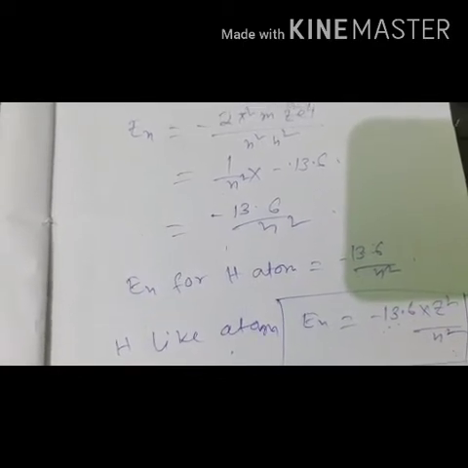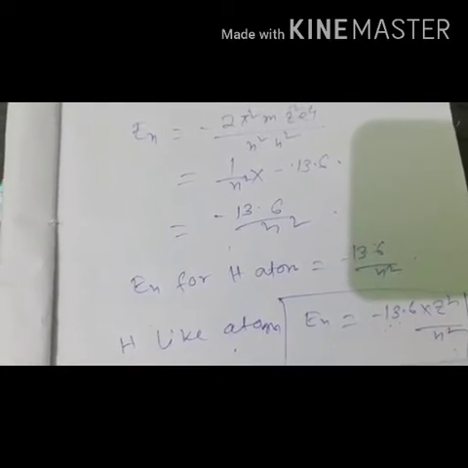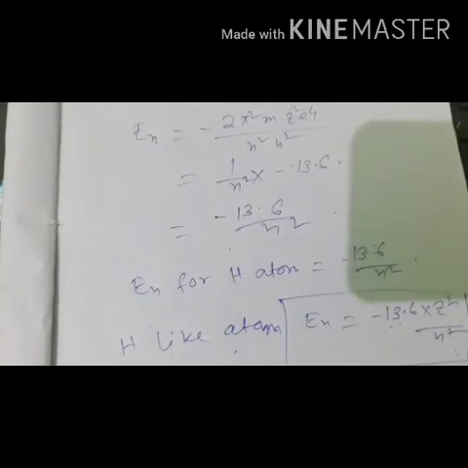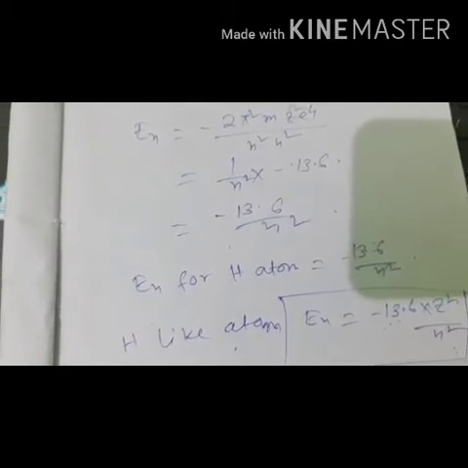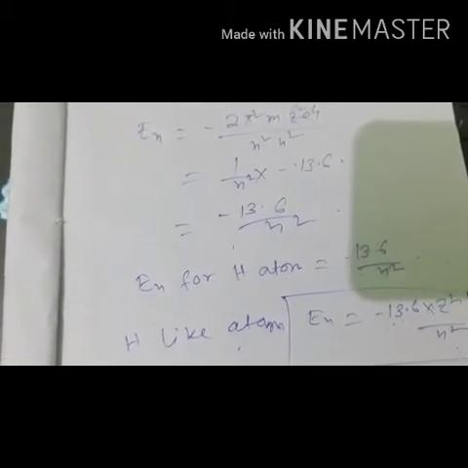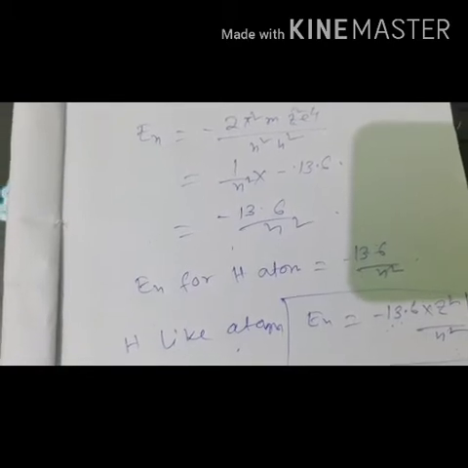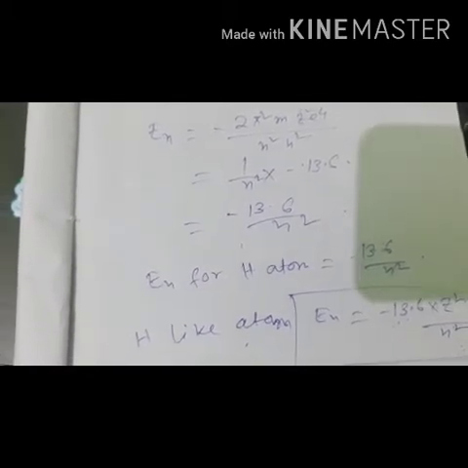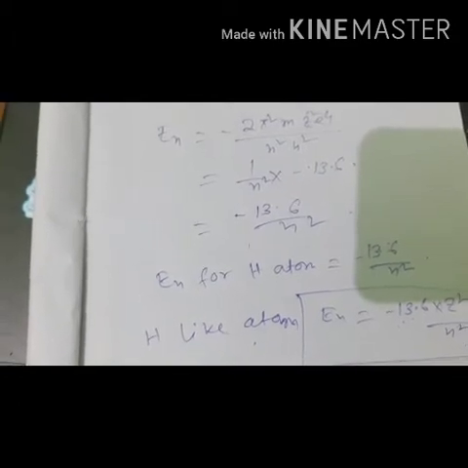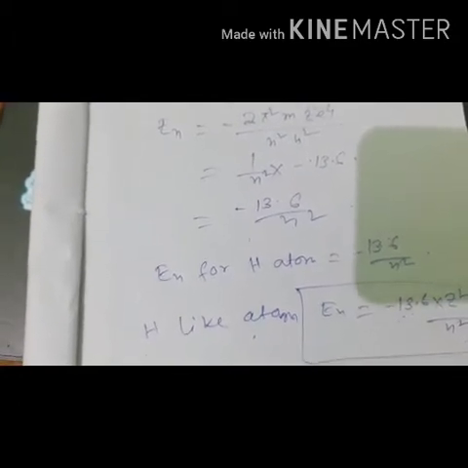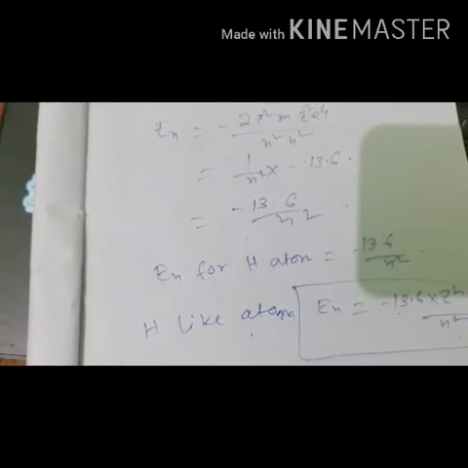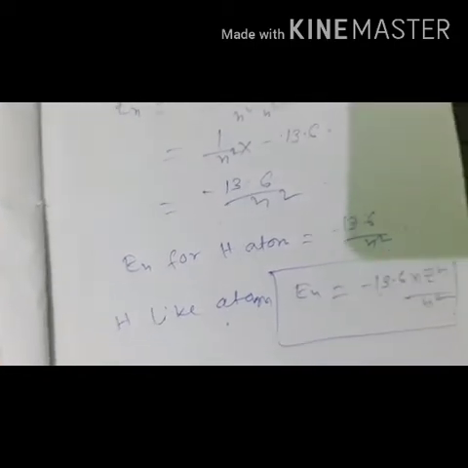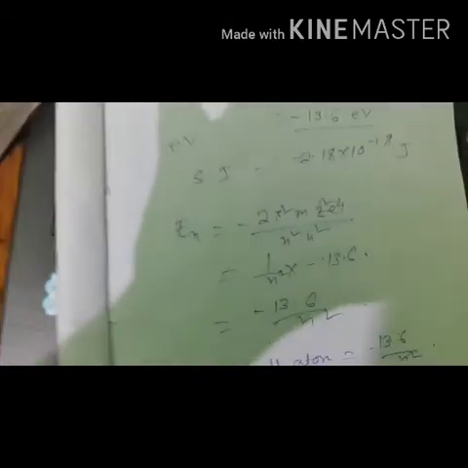Now when it comes to the nucleus, then what happened? Between proton and electron there occurs an attraction force which gives some stability to the electron, and as the electron gets stability, it has to release some energy, and this releasing of energy is denoted by the negative sign. So that is the energy expression which is derived from Bohr's theory.